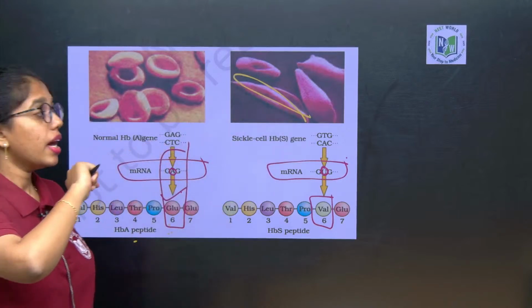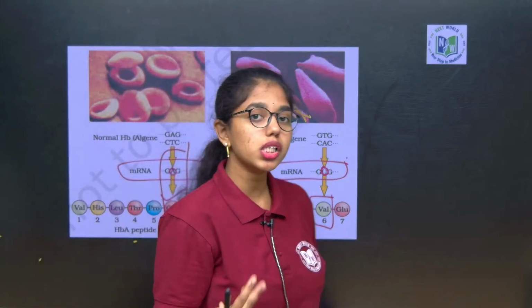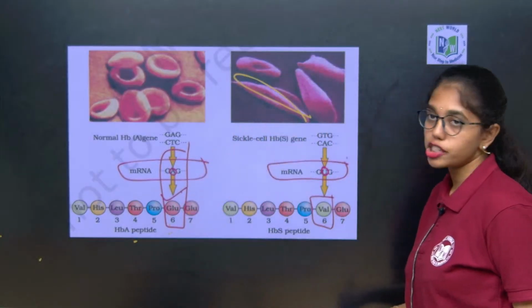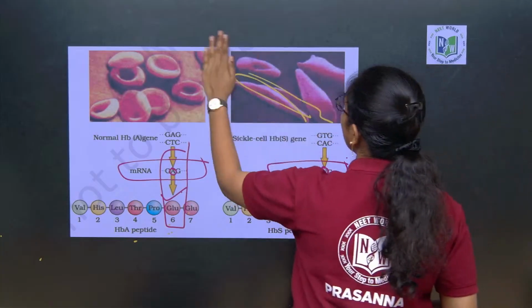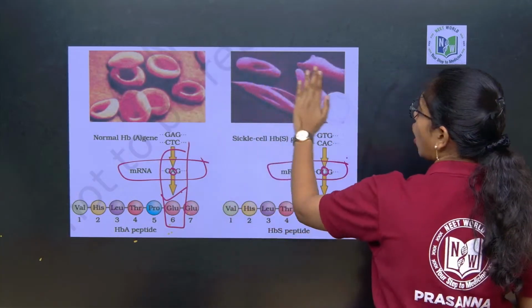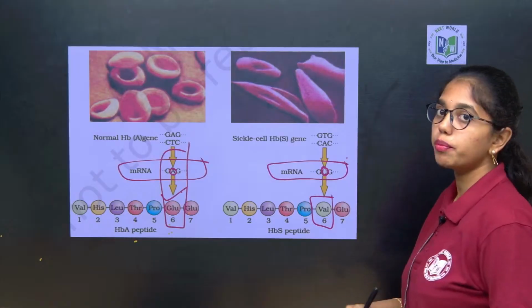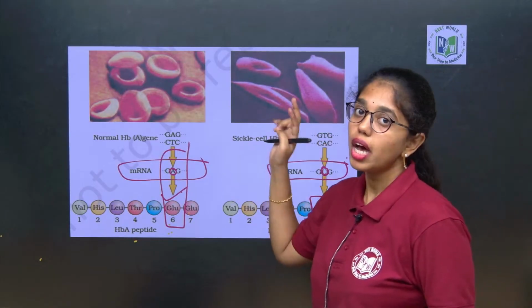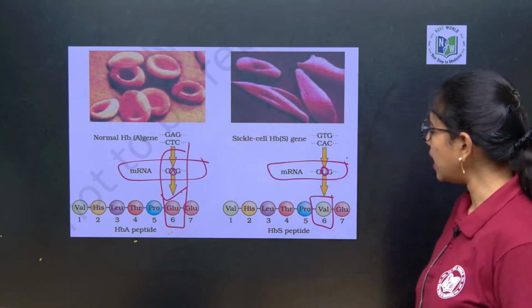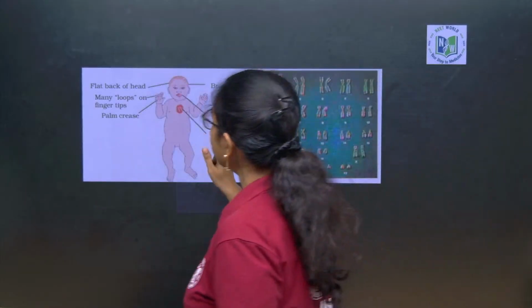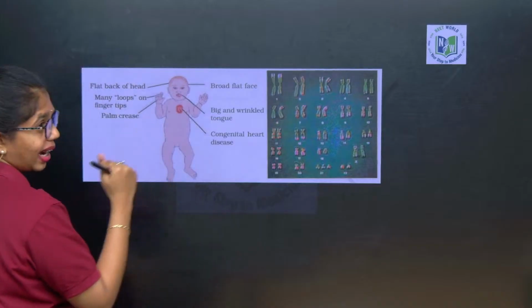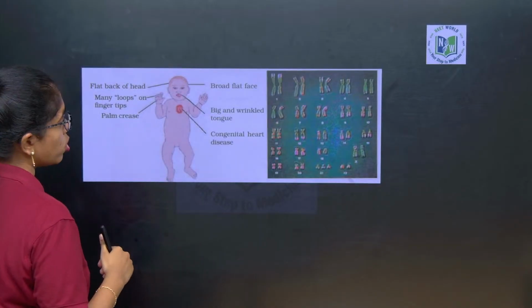As oxygen transport is not done in a proper way, oxygen tension is created. That is how oxygen transport is affected because of the change in the shape of the red blood cell. That is sickle cell anemia. And then, the chromosomal disorder Down syndrome,